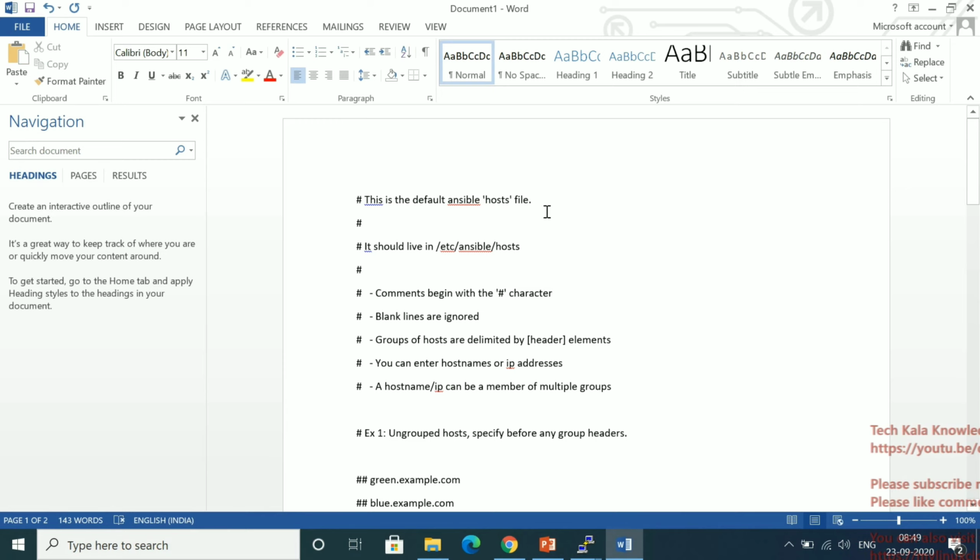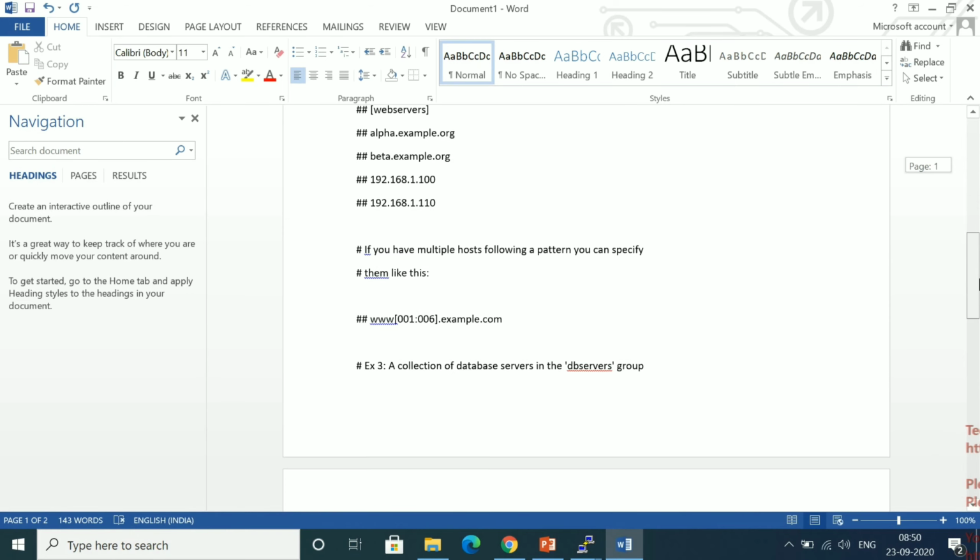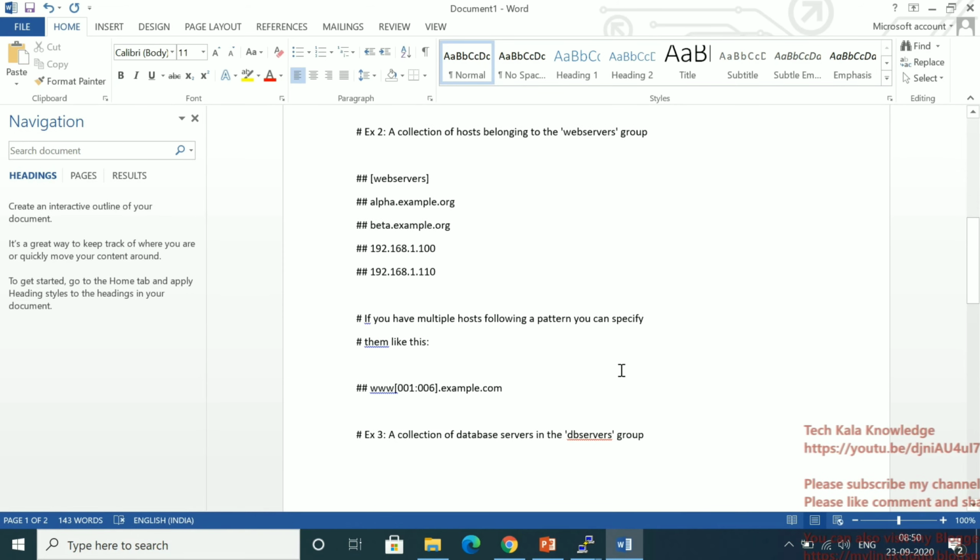So when we are running any ad hoc command or any playbook, what happens is Ansible goes and reads the configuration file. As per the parameters set in the configuration file, Ansible then reads the inventory file, and that inventory file lists the servers on which Ansible is going to perform the task. That's it: a list of your client server names, so that you can arrange them in a systematic way.